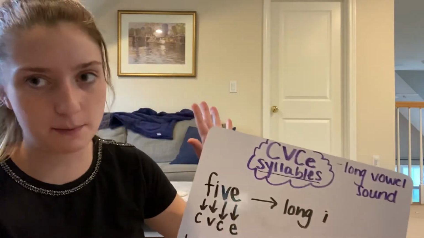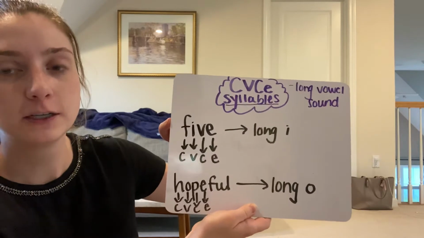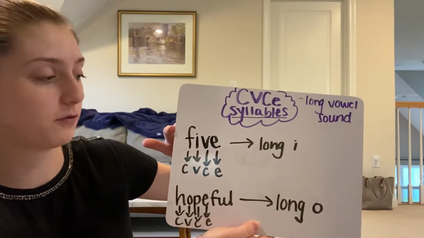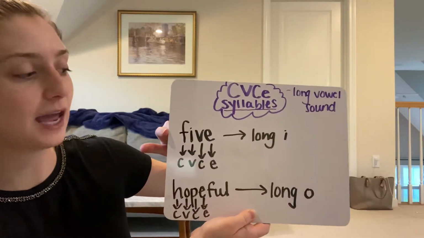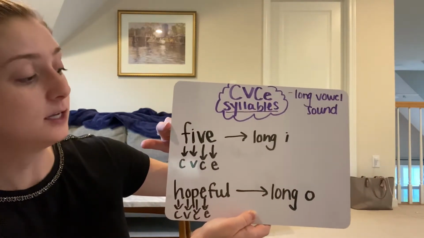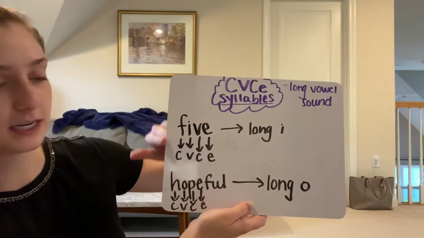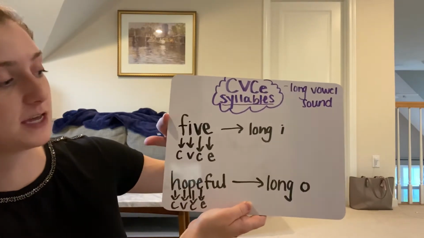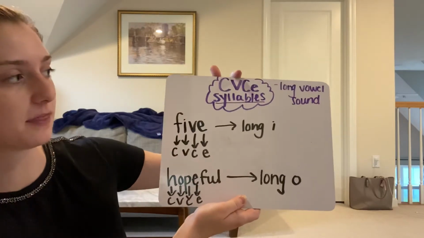So I have 2 examples for us to start off. The first is the word five. So remember when we practiced writing out numbers in math, we put them into word form, if you remember that. So the number 5 spelled out F-I-V-E. You can see that this follows the pattern. F is a consonant, I is a vowel, V is a consonant, and then we end with an E, which is what we need to make the pattern.